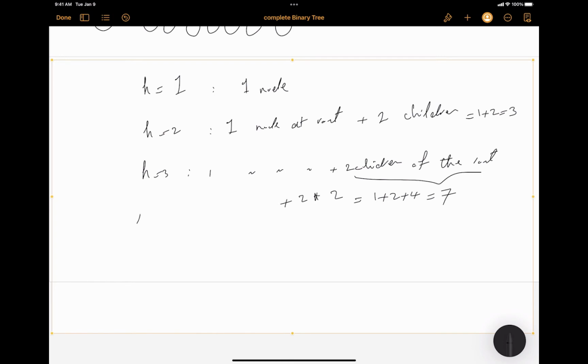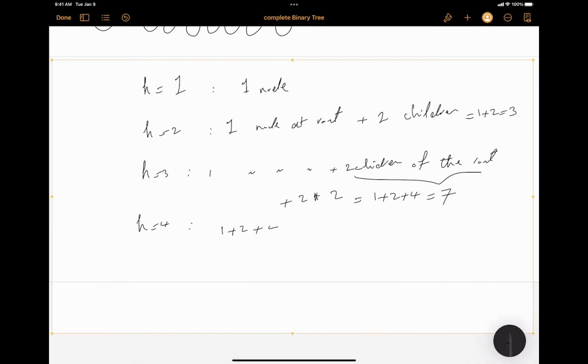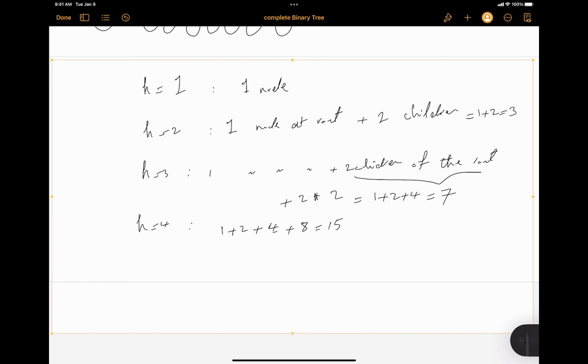So if we continue that for h equal to 4, we're going to see the number of nodes be 1 plus 2 plus 4 plus 8, which is equal to 15. So we can conclude that the number of nodes for the complete binary tree